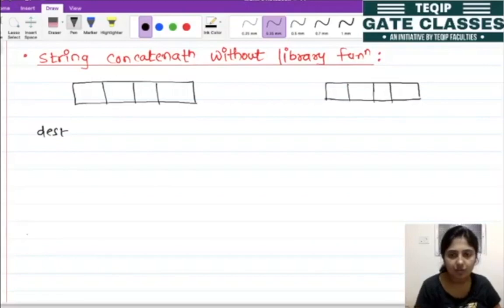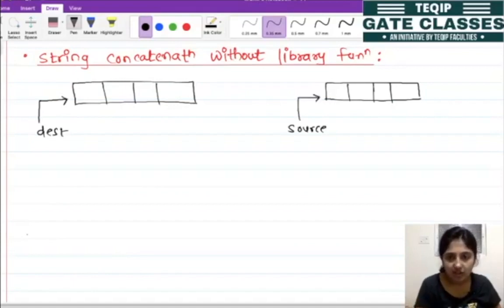This destination variable is pointing to the base or the first location of the array, as well as the source is pointing to its base address.